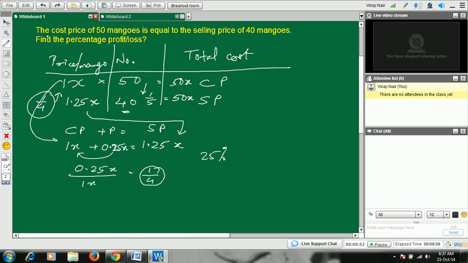So we can also look at this question as what will be the break even point. Break even point is when you are buying 50 mangoes, minimum how much should you sell, so that when you sell 40 mangoes, the cost price and selling price is same. So what is the profit percentage that you are considering here? In other words, if you buy 50 mangoes and your profit percentage is 25%, how many mangoes should you sell so that you reach a no